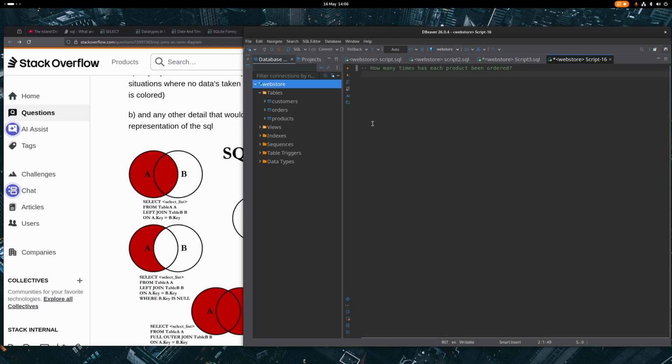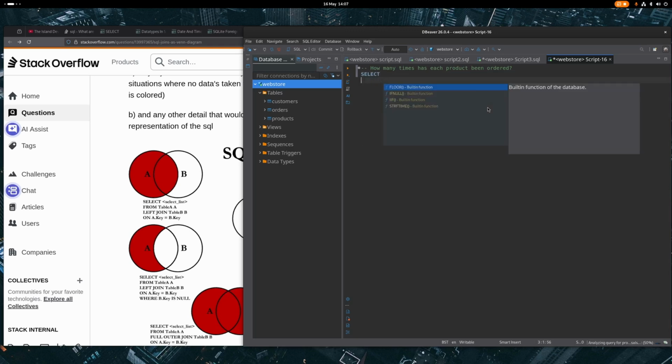To start with, we know we have our products table, which contains all of our product information, and we know we have our orders table, which contains all of our orders. We are going to need to be querying from both of these. The keywords are each product has been ordered, product and order. So I'm going to start from the products table because we are going to want a list of products. So select, from products, and let's alias this products table as P, p.id and